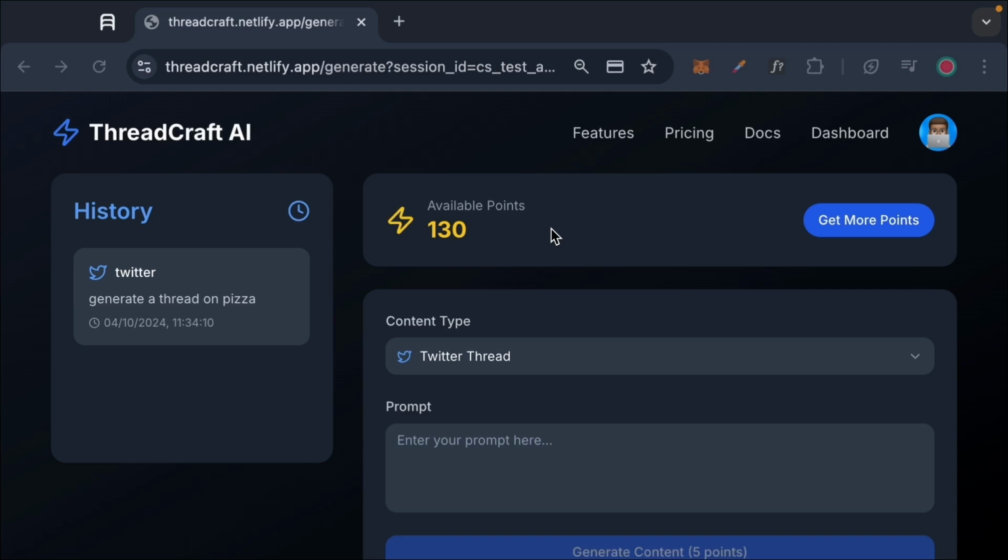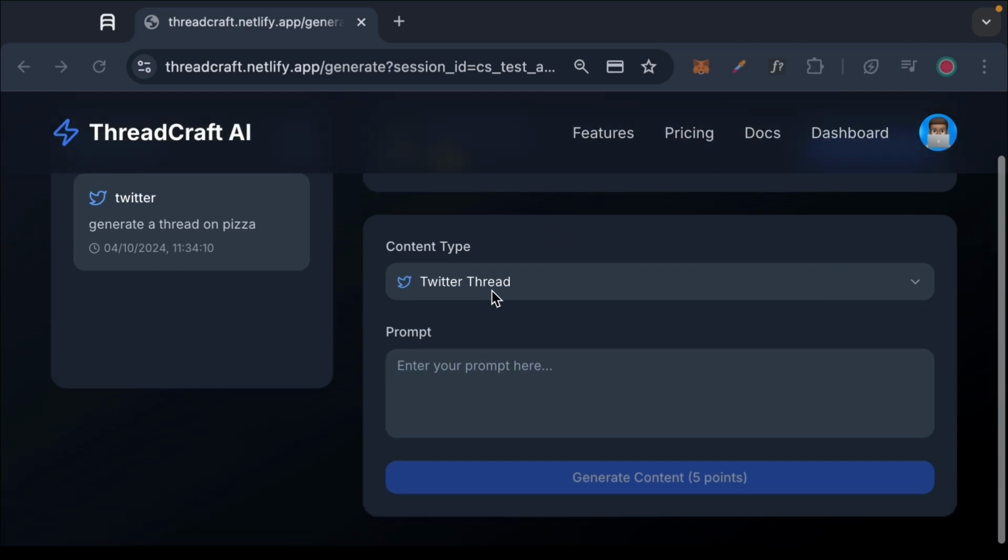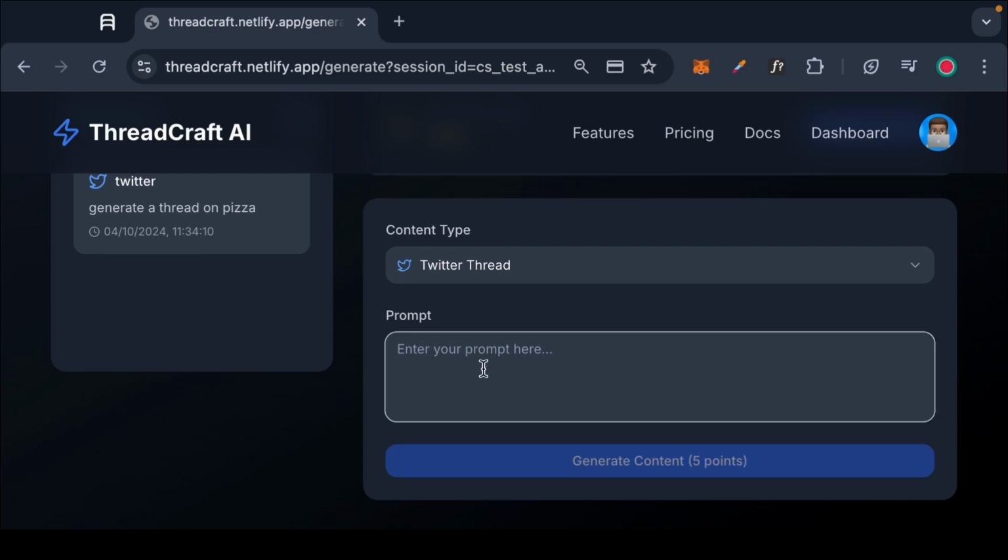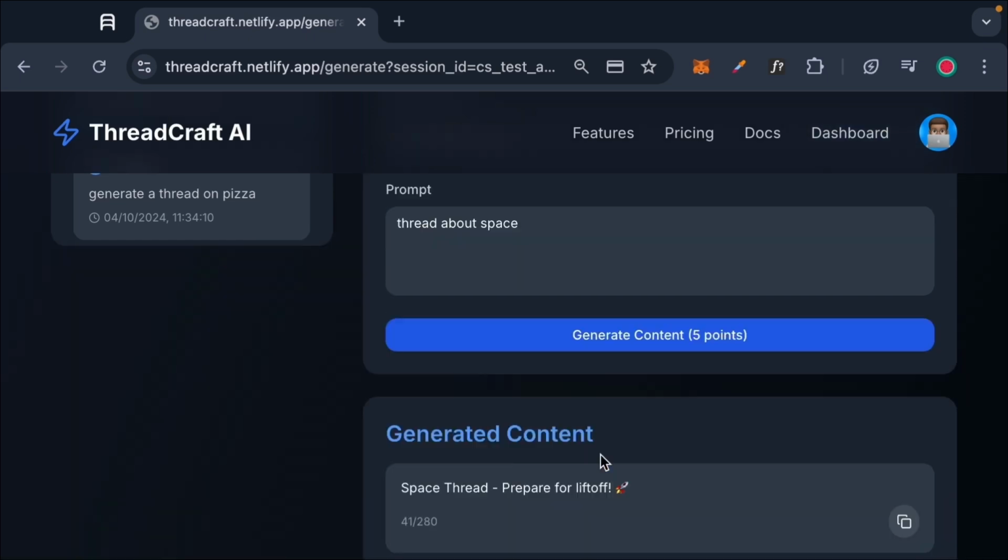So to create a content, we select the type. So let's go with Twitter thread. And inside this prompt here, we can literally generate any thread of our choice. So I'll enter the prompt, thread about space. And using the power of Gemini AI, we are able to generate a thread on the fly,